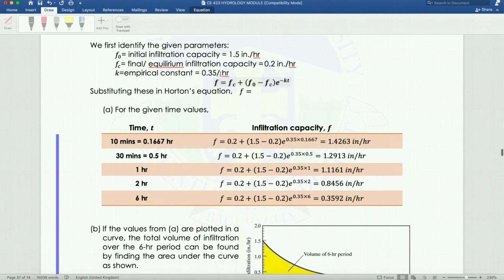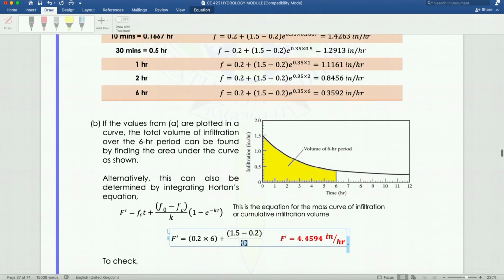Our empirical constant is 0.35. So 0.35 times 1 minus e raised to negative 0.35 times 6. Okay, so bring out your calculator. Dapat ang lalabas dyan is